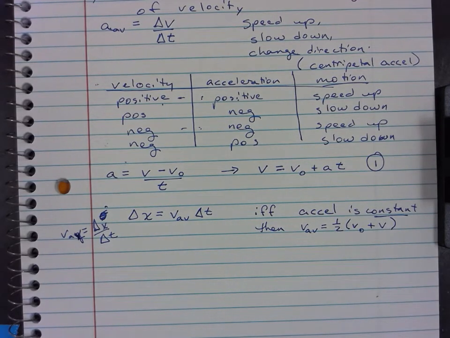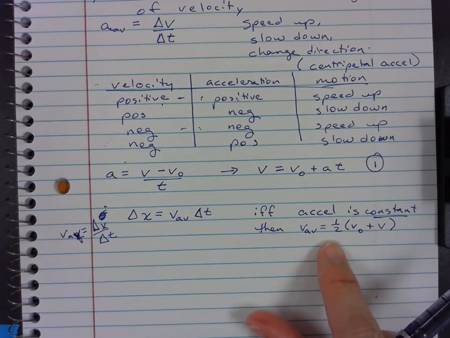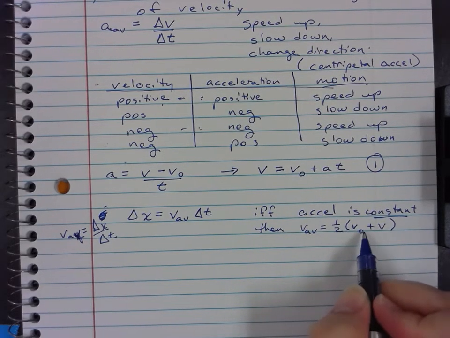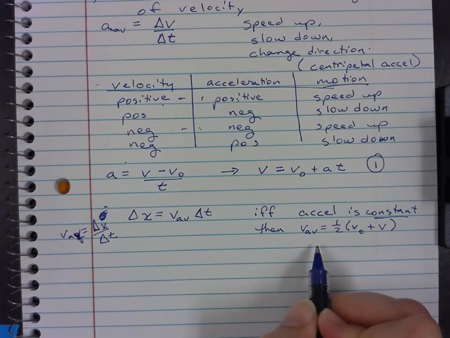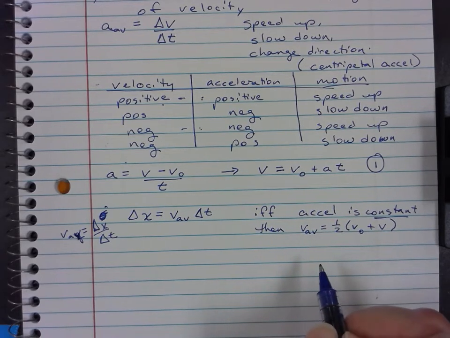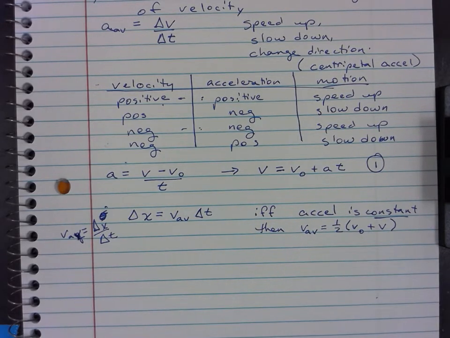Remember, mean in math is like the general English word average. Add all the things up, divide by the number on the list. So the mean of the initial and final velocity: add the two up, divide by 2. If and only if your acceleration is constant, this average velocity is equal to the mean of the initial and final velocities. We'll get into non-constant acceleration a little bit later. So you can put these two equations together